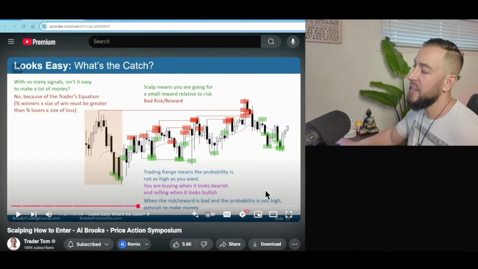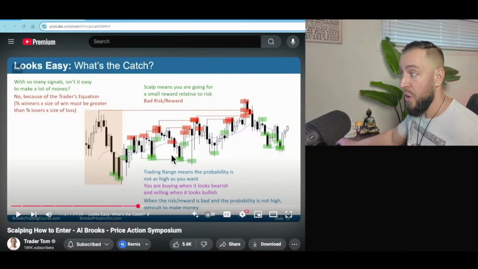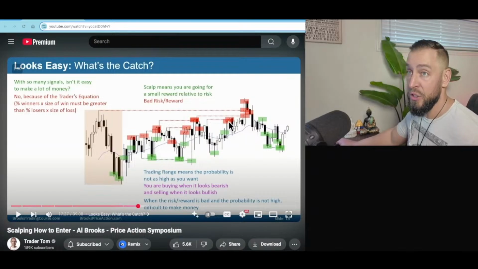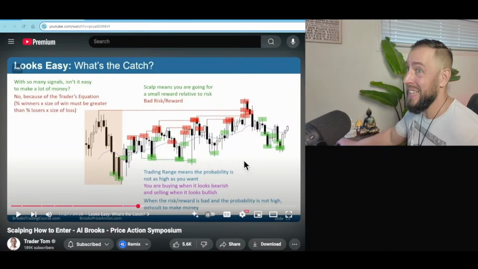Okay, now he's saying the probability is not especially high. Why? Because look, there's a lot of long trades and a lot of short trades. All the green are long trades and all the red are short trades, okay? So if you have just as many short entries as you do long entries, then the probability is about 50-50, okay? So that's not very good. That's like low probability, or slightly above 50-50 is pretty low, right? So you don't have high probability like you do in a trend. However, you do have a lot more opportunities.